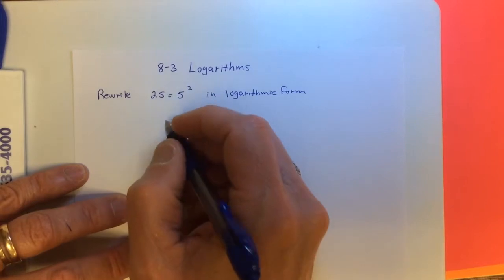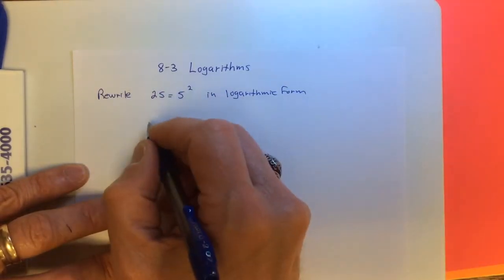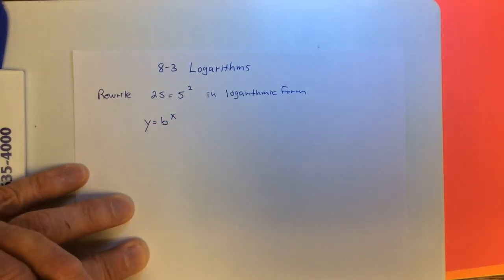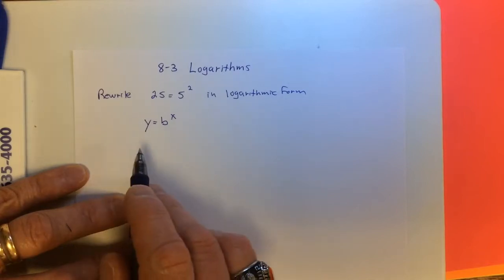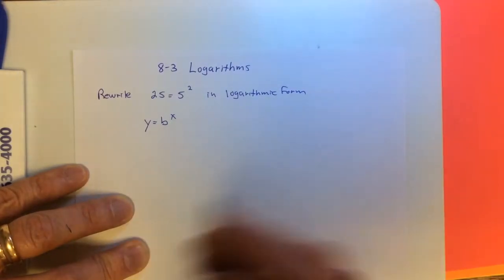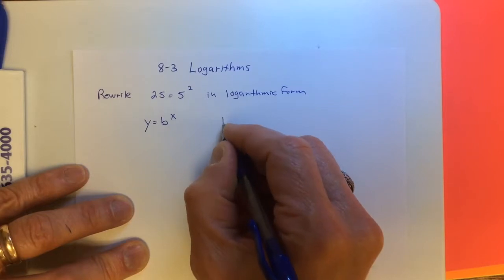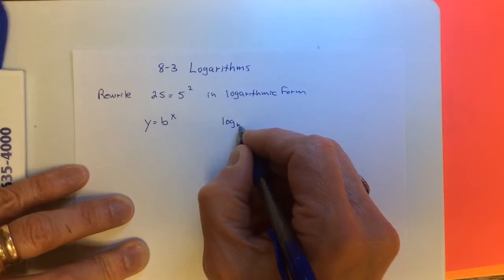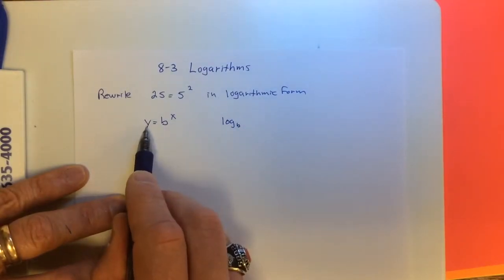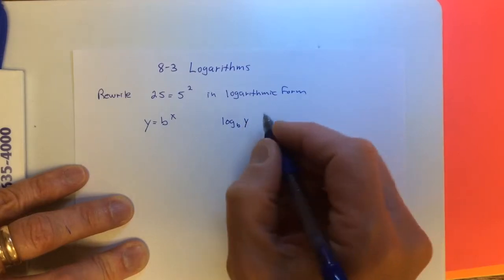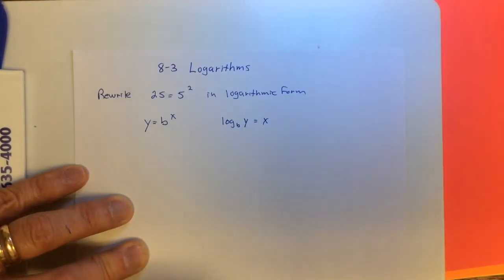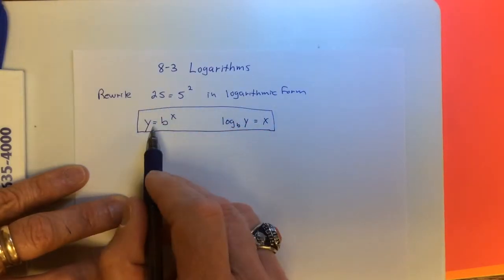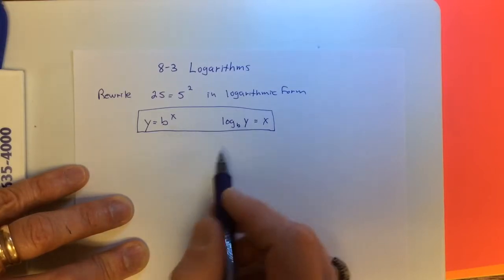There's a basic rule for this that's in the textbook that says if you take y is equal to b to the x power, which you are familiar with because we've studied exponential functions, we can rewrite this as a logarithmic value. B is the base, so we put the log base b of this value y, and that's going to equal the exponent x. So this is your basic rule for converting from either exponential form to logarithmic form or vice versa, logarithmic form